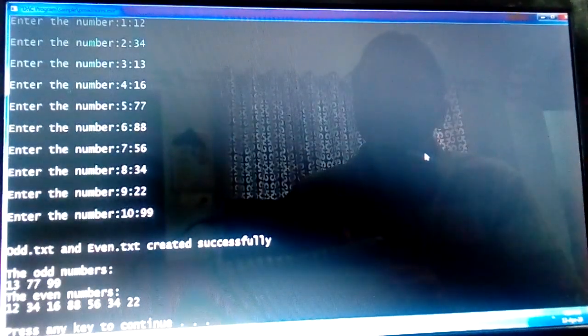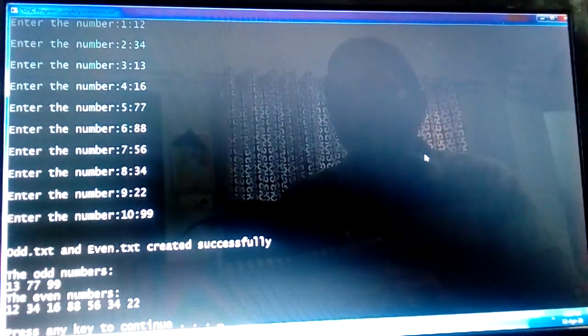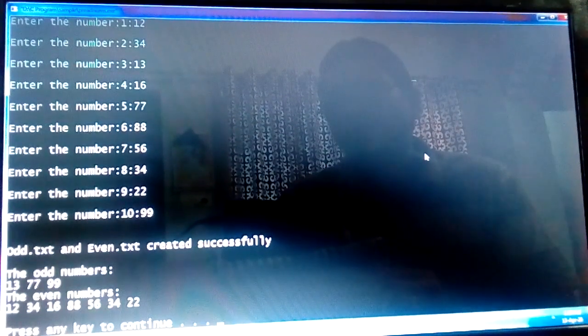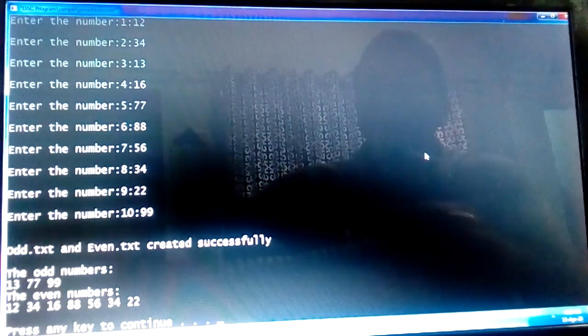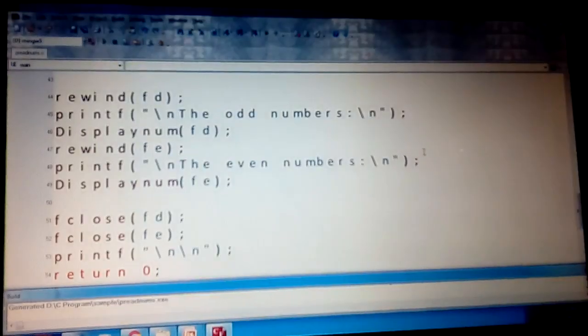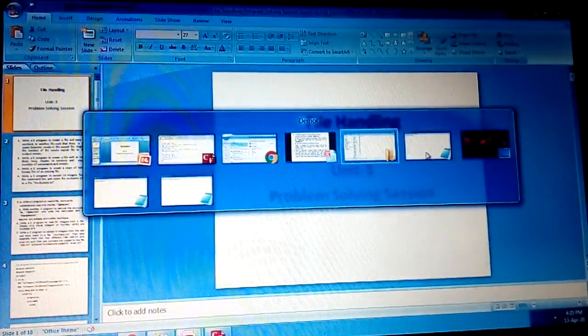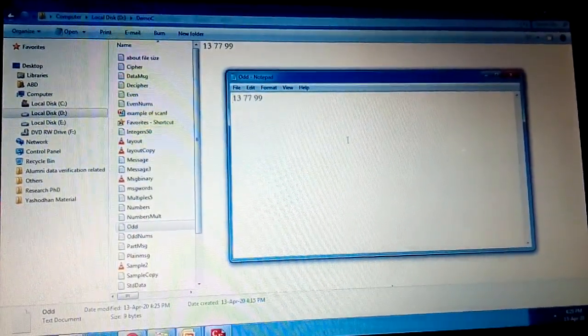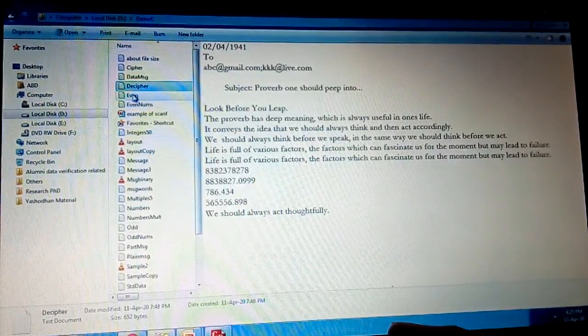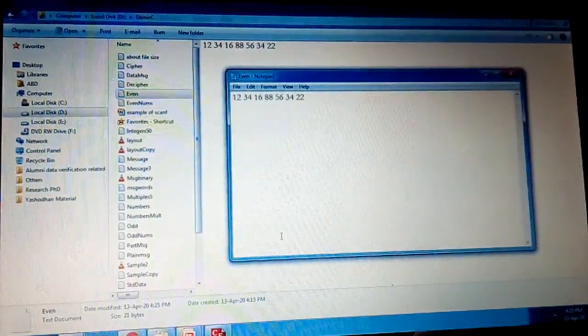So you can see that it has displayed them, and the best part is you can use that function, so you can understand how to write a function and pass a file pointer to it. Let us go and check whether our files also got created. Just a small check that we need to have the even numbers. So here we have these even numbers.